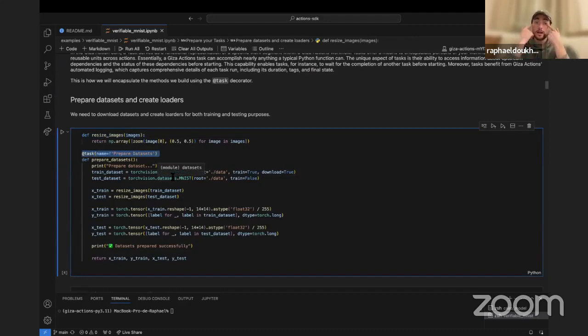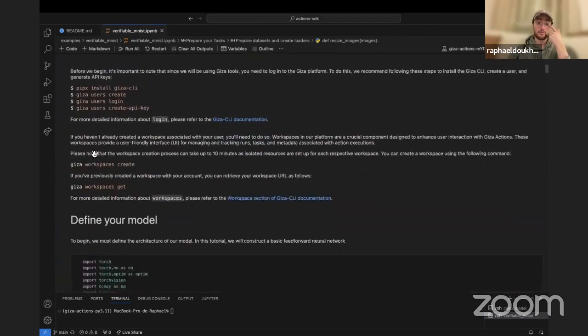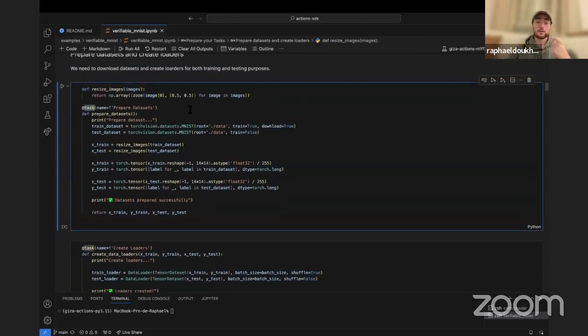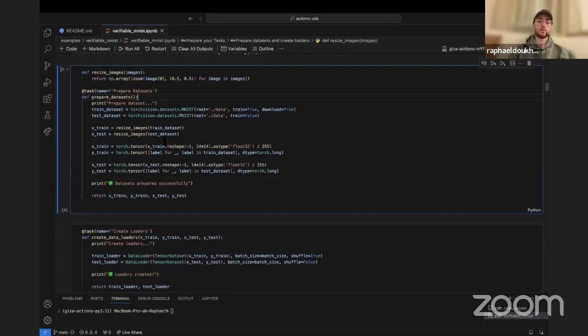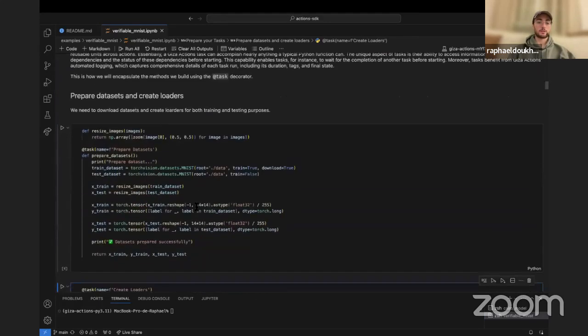So the idea with the task decorator is that you need to import task from Giza Actions, okay? And the idea of tasks is, as the name says, you create a task for your workflow. The first task that we want the workflow to do is to prepare the data set. So here we will prepare the data set, download it, and split it between train set and test set. Then we'll create another task to create loaders. So let me just